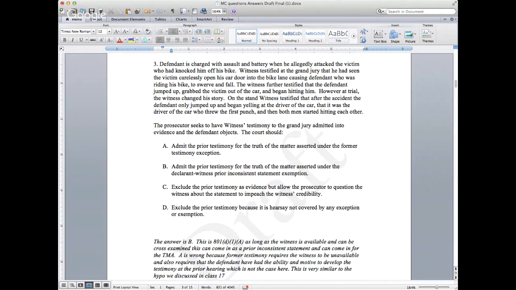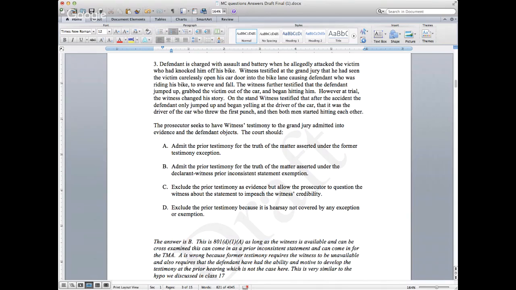So here for B, you have a prior inconsistent statement exemption from the hearsay rule. The witness has to be present and available for cross-examination, which you have here. And don't forget, there's also the requirement that the prior testimony had to be given in a certain legal matter. What is it? Under oath, and I forget, my mind is going blank. But testifying at the grand jury does fall within the exception. So this is clearly a prior inconsistent statement under the exception under 801.